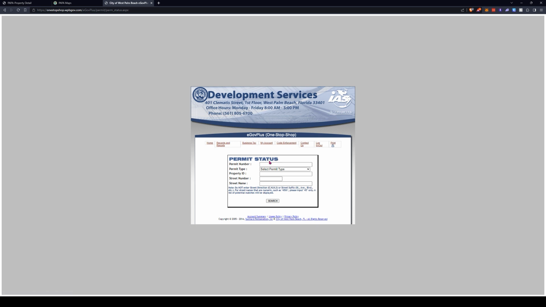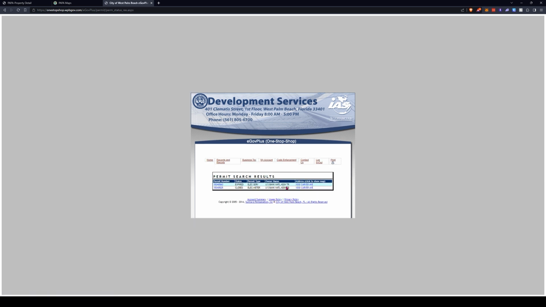But you can see here, permit status is what this search is talking about. Permit number, type, property ID, street number, street name. So for this one, let's put in 1030 Carver. And it says, do not enter the street direction or suffix. So that should be all we need to search. And here we go. It looks like it did find our property, which lets us know that we were in